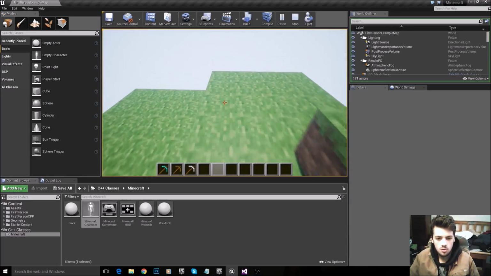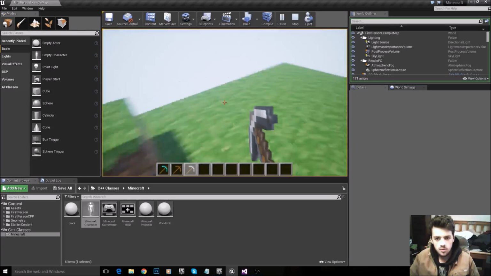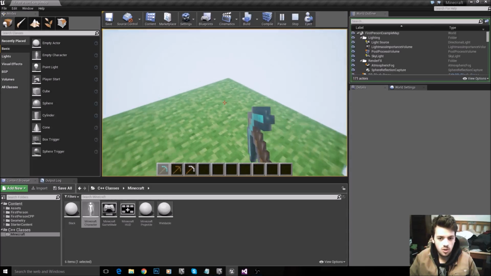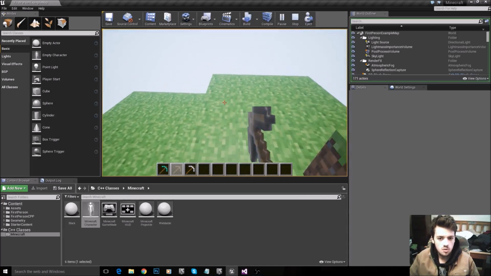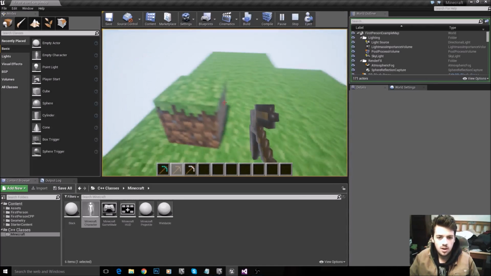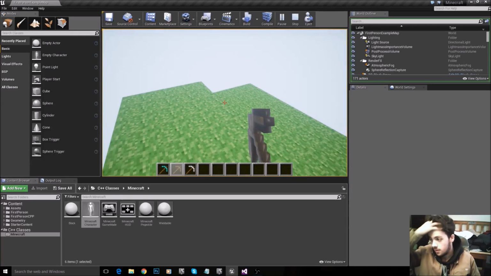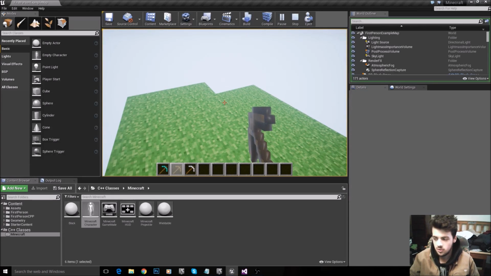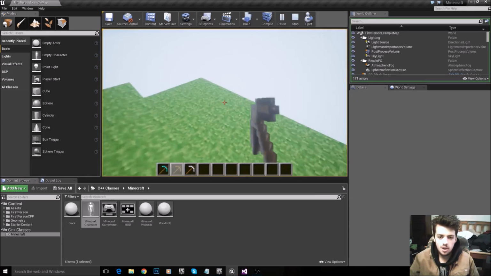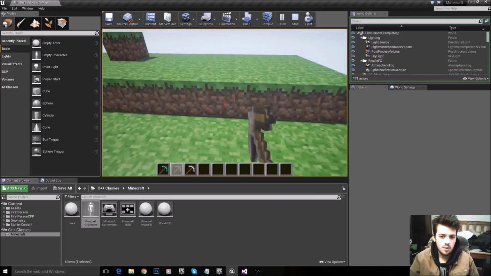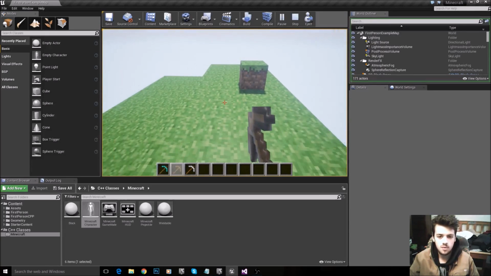So if I scroll through my inventory, it wields the item that I have currently selected, just like in Minecraft, right? I can scroll through my items, and I wield the item that is currently selected, right? And you guys probably won't have that. In fact, you almost definitely won't have that. So that's what we're going to work on adding this tutorial. It will take literally 5 minutes, very easy stuff.